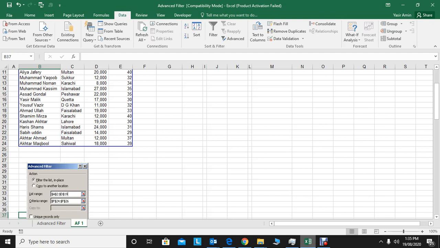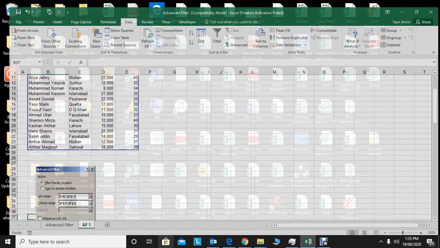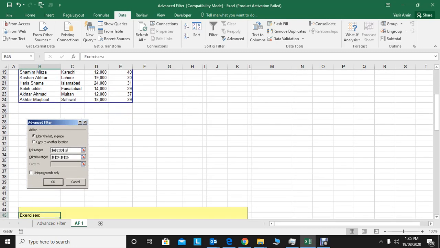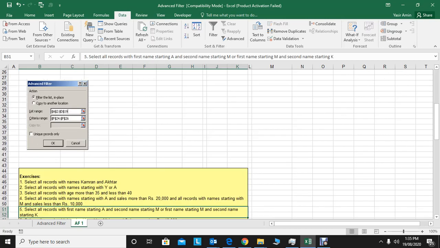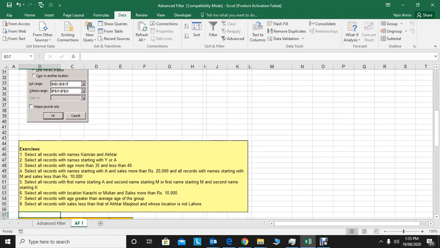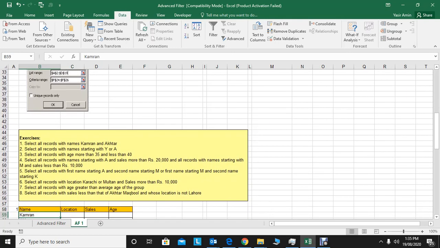If you want to filter the same table, you don't need to press this one. Copy to another location. And then there is another option, unique records only. If there is a repetition, there will be a unique record. We will do these exercises, and then you will be able to understand it completely.